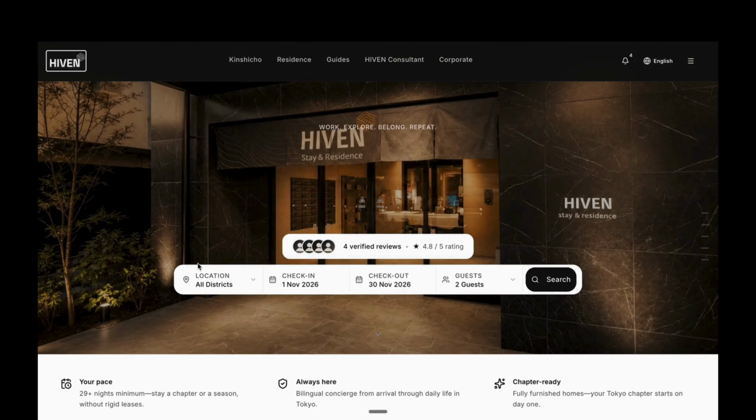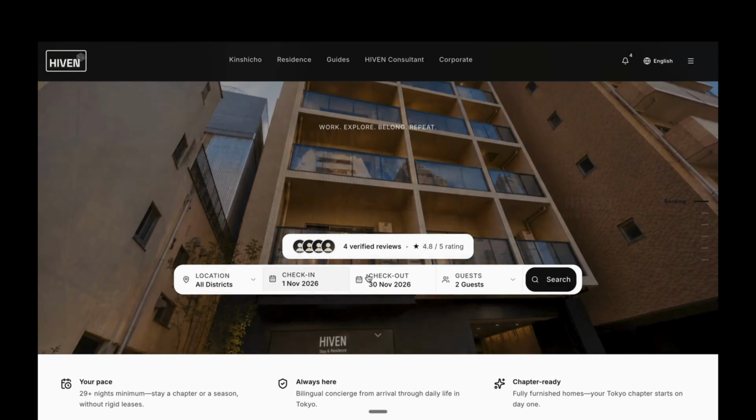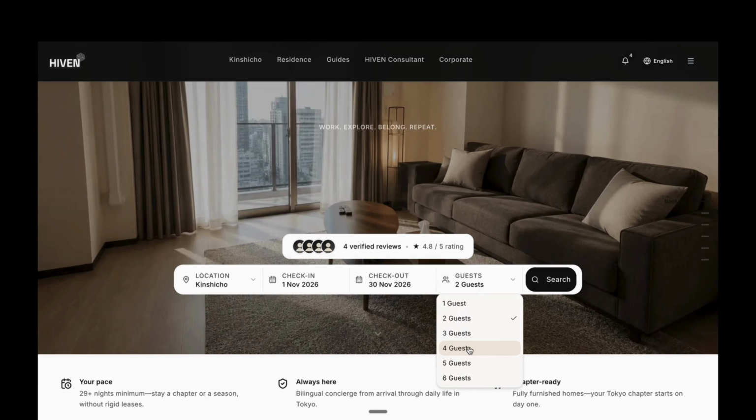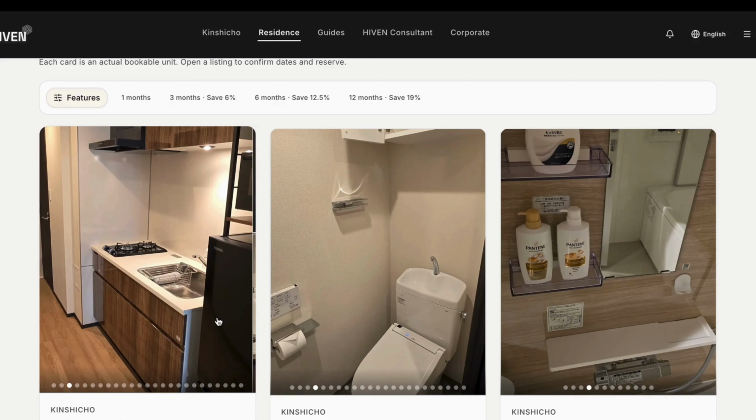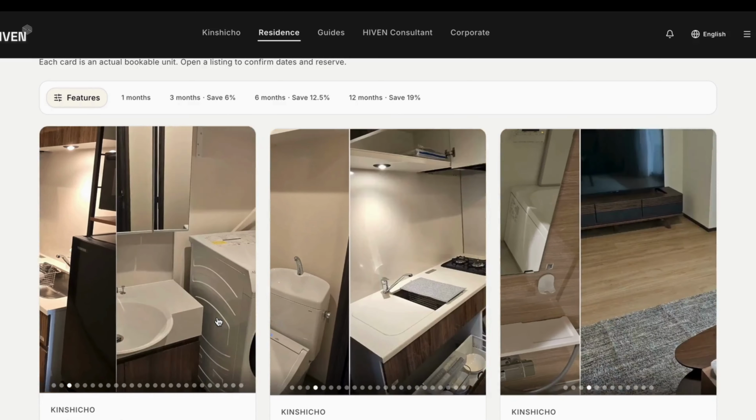We're going to be back in the same spot, but this time we're going to choose the dates that we're going to check in and check out, along with the number of guests that will be joining you. Once you've chosen your check-in, check-out date, we'll hit search. You will be sent to the list of available rooms where you can look through and choose which room suits